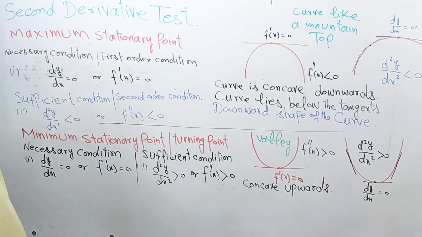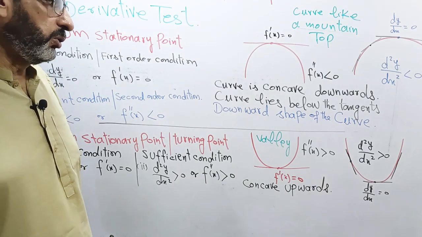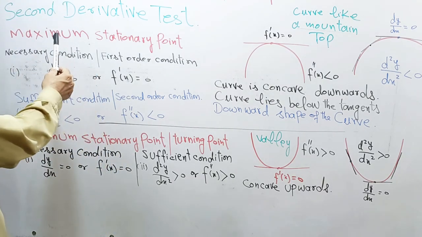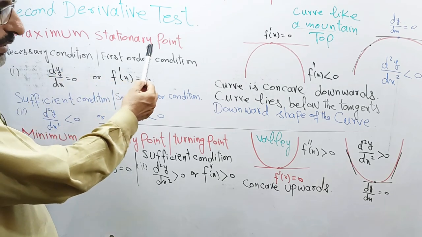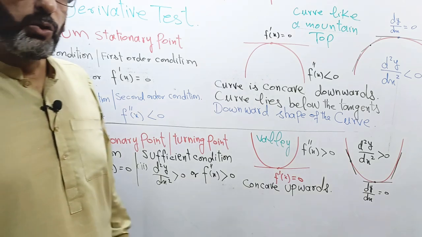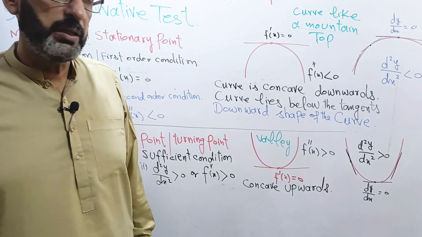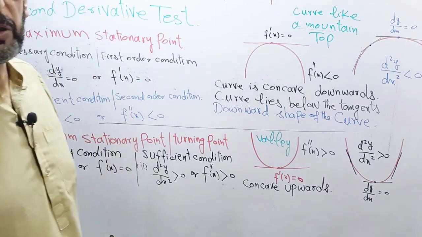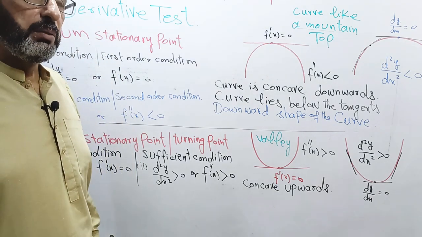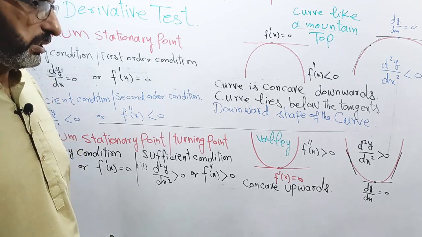Second derivative test is used to find stationary values on the graph of a polynomial. There are two possible points, maximum point and minimum points. Relative or local maximum point and relative or local minimum point, and in the same way absolute maximum point or global maximum point, or global or absolute minimum points.